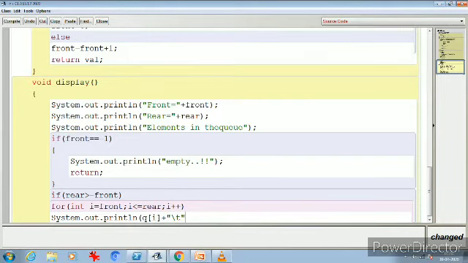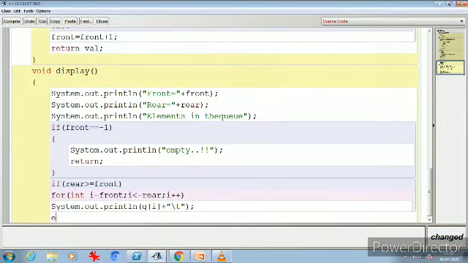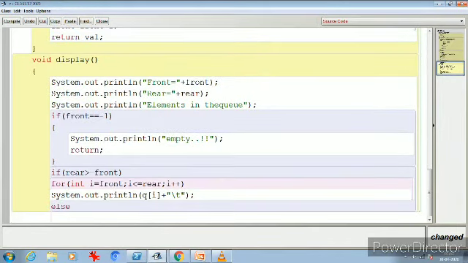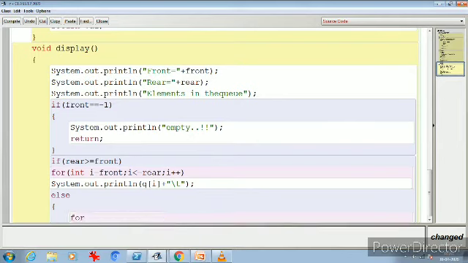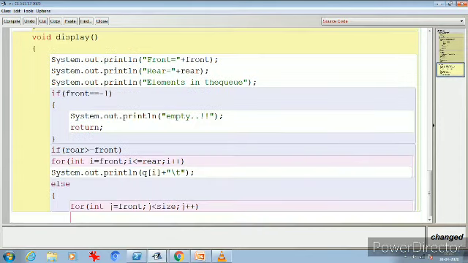Now if it is in circular motion, then I have to write two for loops. For one, I will go from front till the size, as we know it cannot go beyond the size.